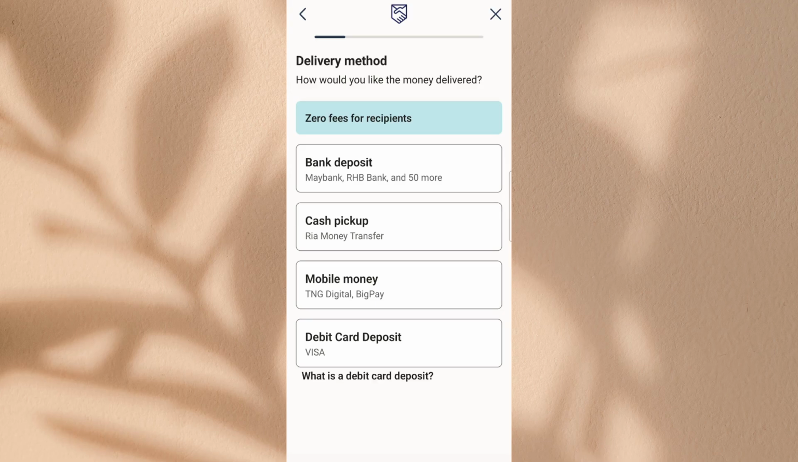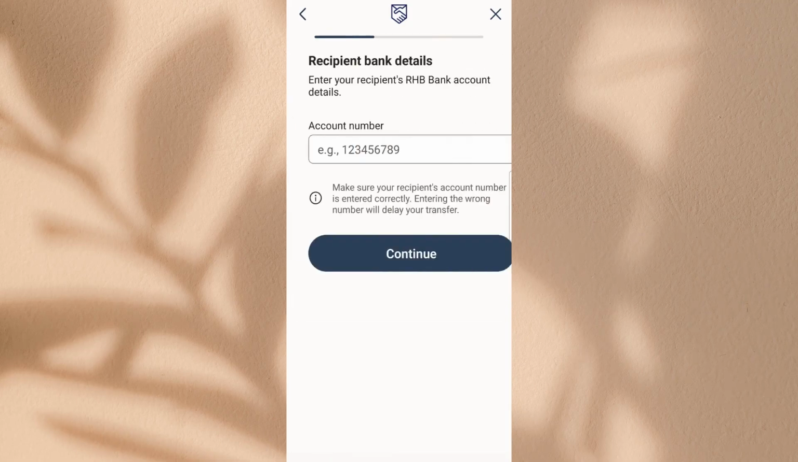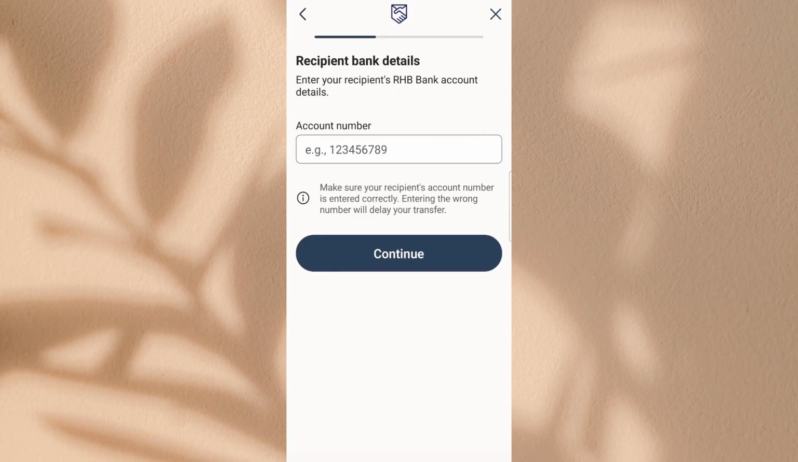Once the amount is entered, select the delivery method. The available options may vary depending on the destination and the type of transfer supported. Choose the option that best matches how your recipient wants to receive the money. After that, select your payment method. This is how you'll fund the transfer. Choose the option you prefer, then click